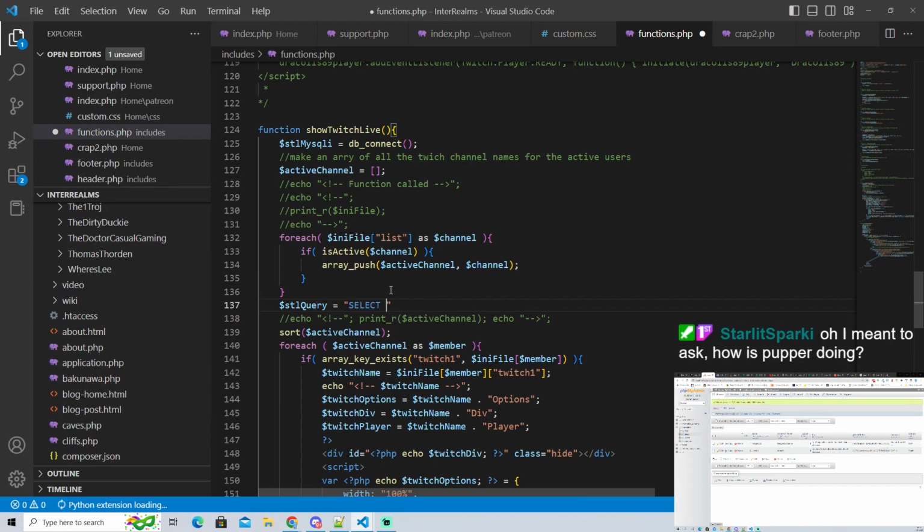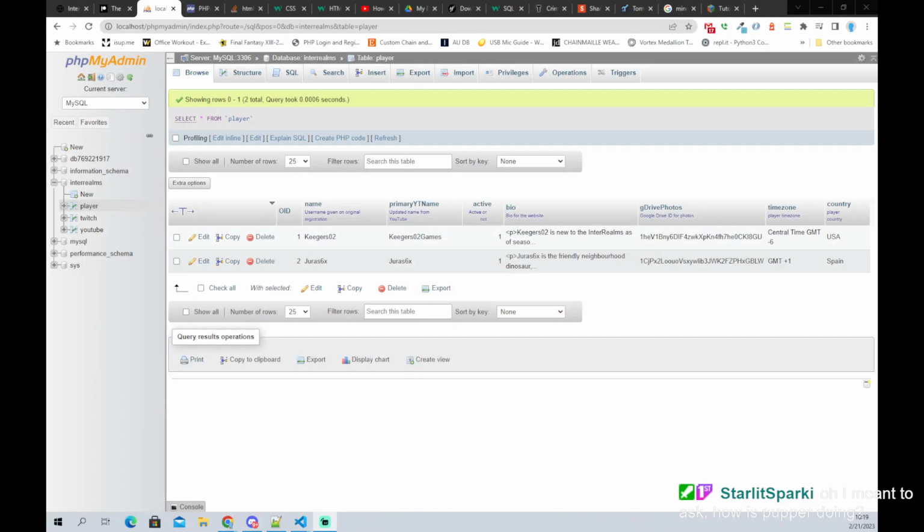Okay, so we are going to select... Let's go back over here. This is where this database thing becomes really, really cool. So first of all, if you remember from just a second ago, Show Twitch Live only applies to active content creators. Hopefully that makes sense to everybody and their brother. We're not going to necessarily promote inactive content creators because, sorry guys, you're not active. Duh. Again, hopefully that makes sense. So first we have to look at this table of the players and say, who's active?